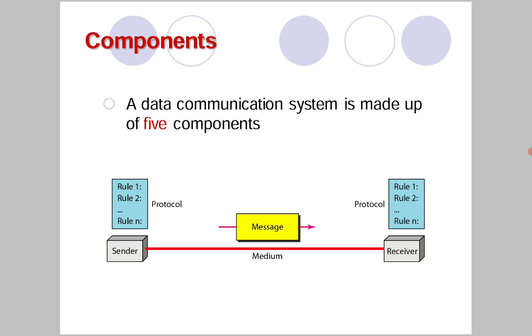Similarly, we want to send some message, text, data or information. And we require some medium, physical medium or transmission medium, either physical or wireless. And protocols. What is a protocol? Protocols are generally some set of rules and regulations formed to